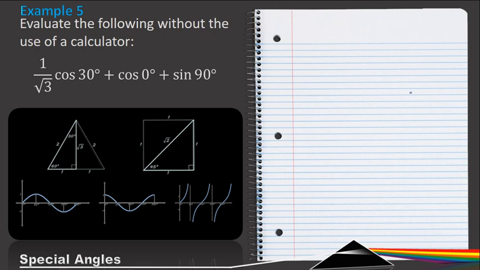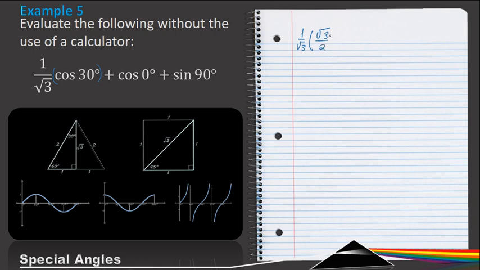So example 5 says evaluate the following without the use of a calculator. So you have 1/3 cos 30 plus cos 0 plus sine 90. So I'm going to start by writing 1/3, and then instead of cos 30 I just write its relationship. So we're going to go to the triangle that contains 30, and cos, I know, is adjacent over hypotenuse. So adjacent side over hypotenuse is then square root of 3 over 2,